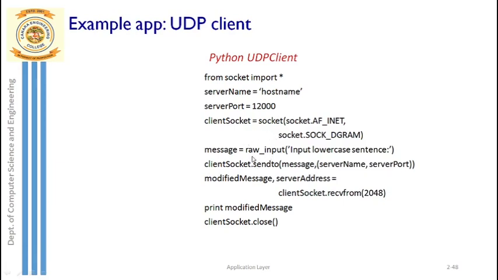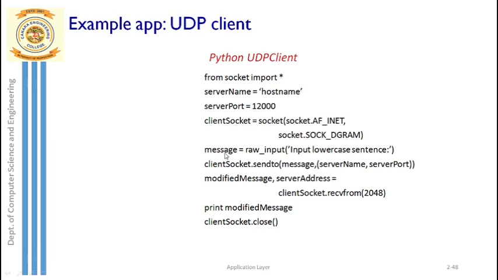Okay, now once this is done, you are ready to input the message. The next function is called raw input. This is the function which will display the string, input lowercase sentence. It is like how you use a printf statement. So this is a package of printf plus scanf. Printf will simply print the message, input lowercase sentence. Scanf is the one which will start reading the data, right? Similarly here, raw input will display the string, plus it will start reading the characters, which are in lowercase. You have to type the lowercase characters. That typed message is stored in a string called message, so the string message contains your input data.